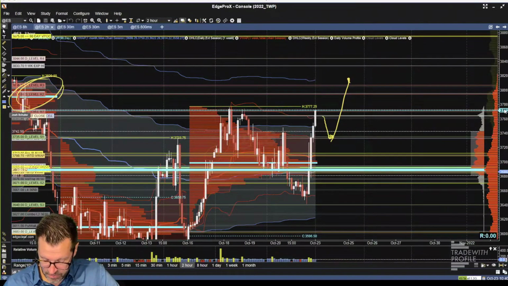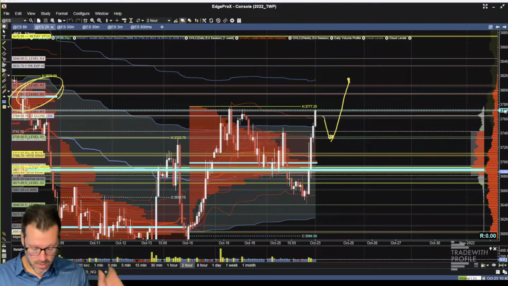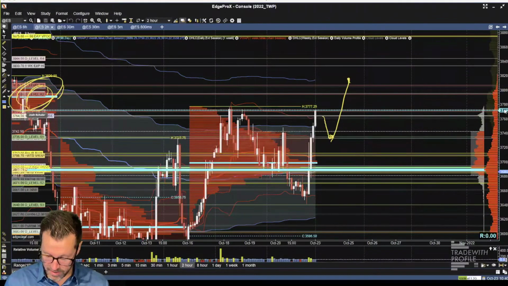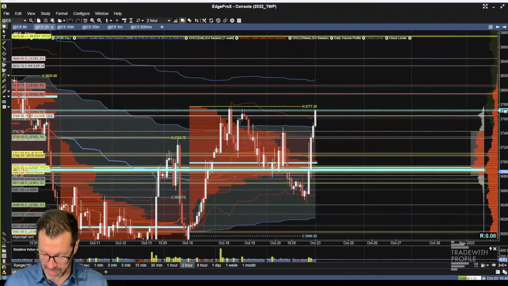That's a definite want to hit that. Wouldn't even consider being short unless I had first tagged this prior naked weekly VPOC and then got back inside the prior range. If I can get back inside the prior range, just looking here at the